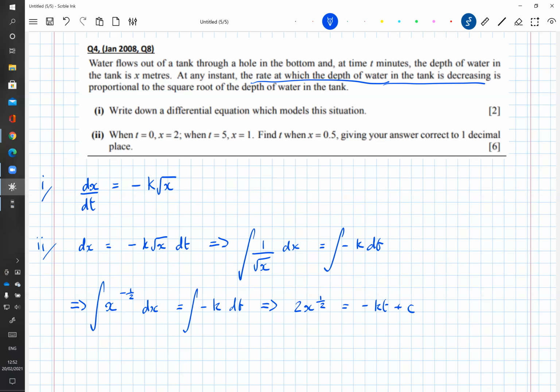So subbing in the bits of information we've got. So t equals 0, x equals 2, implies that 2 root 2 equals c. T equals 5, x equals 1, implies that